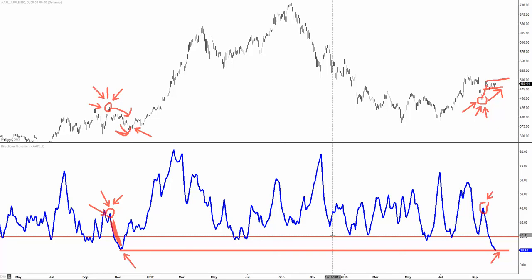Obviously with the market going higher, that thing bounced. But even if the market continued higher, we would have seen some kind of bounce anyway with the ADX telling us that. So what's the conclusion here with ADX analysis on Apple? Well, the conclusion is what ADX is telling us: ADX is at its maximum level. So what the ADX is telling us is that we're going to make a move very, very quickly here. We're about to make a move.